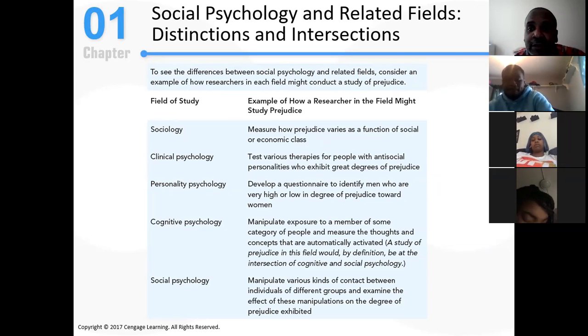Personality psychologist. This is where we can measure if somebody is more racist, if somebody is more aggressive, if somebody is more likely to become an abusive parent. There are certain personalities that are more aligned with those types of behaviors. And these psychologists will get to understand that, because most people don't want to be abusive parents, but it can require some help sometimes to interrupt that process.